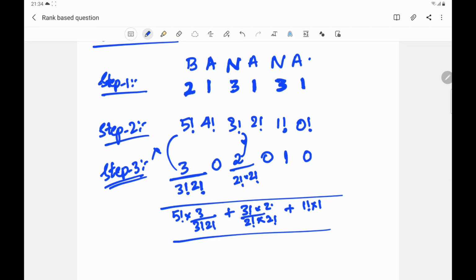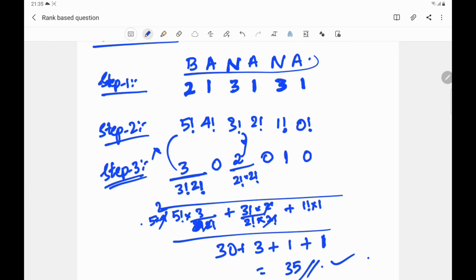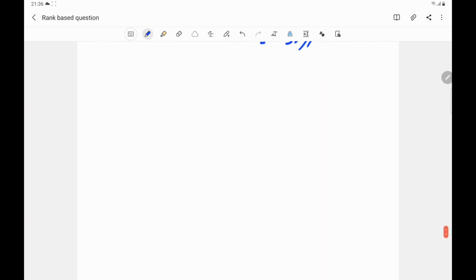So if we calculate, this 2 factorial will be out. So here we are going to get 3 from here, 1 from here, and this is 5 factorial. So we are going to have 5 into 4, and 3 factorial is gone here, so 2. So this is 10 into 3, so this would be 30. So finally add 1 as we have done in earlier questions. This would give the rank for the word banana. Now let us look at another question.